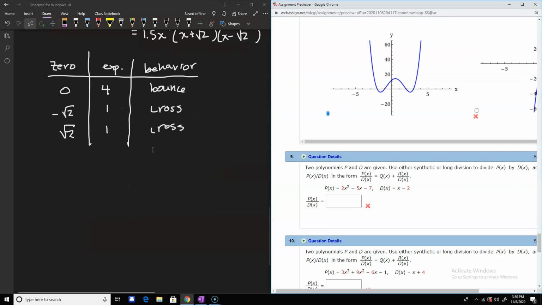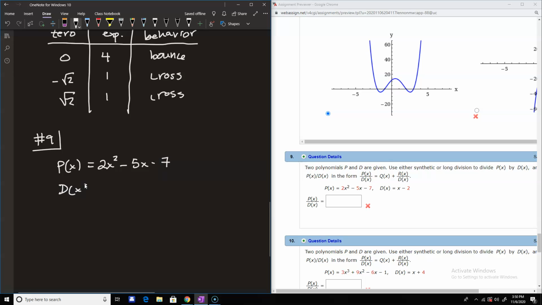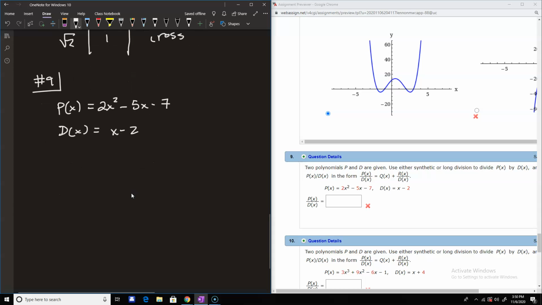So we just need to do a synthetic division here. Should be pretty easy. So we have p of x, our polynomial, and then d of x for the divisor. So then our d of x is the divisor. And they want us to write this in kind of a specific form, but that's all we're doing is the